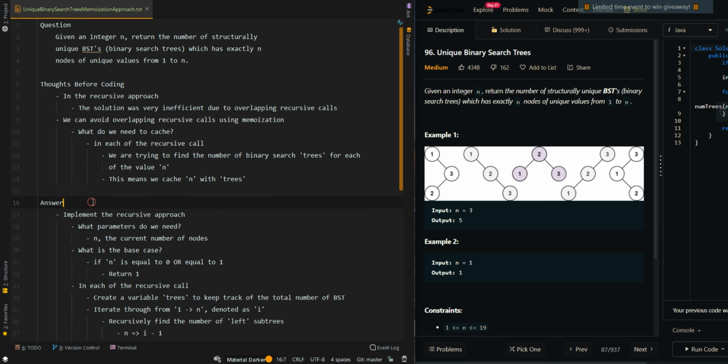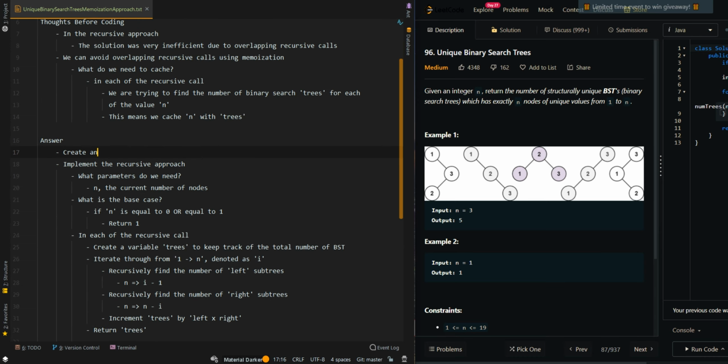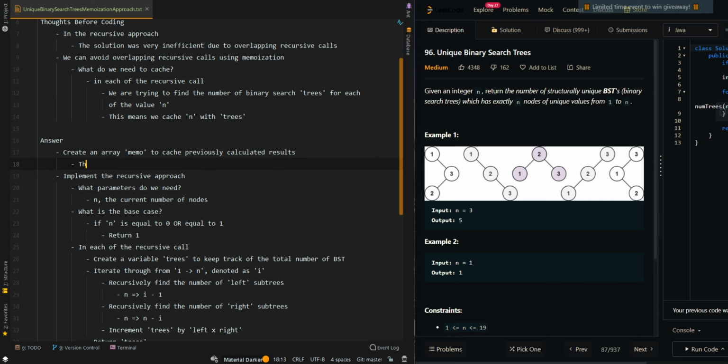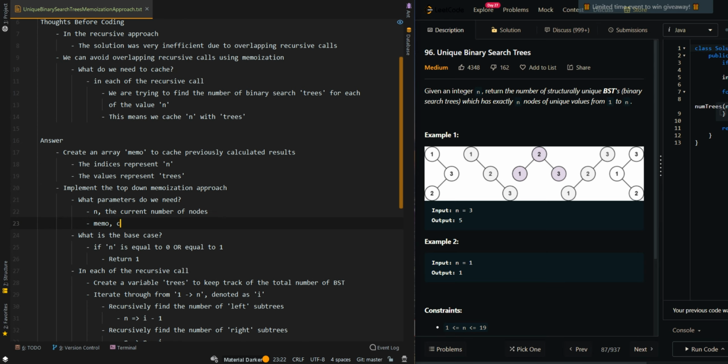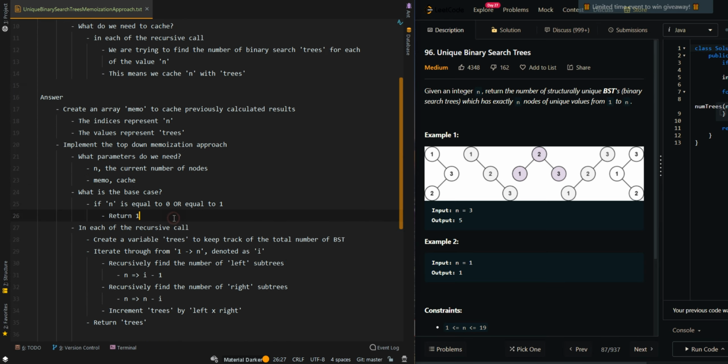Let's go over the pseudocode. So we're going to create an array, Memo, to cache previously calculated results. The indices represent n, and the values represent the number of trees, or binary search trees. And then we can implement the top-down memorization approach. And then we'll pass in our Memo, our cache, and then we're going to put in a new base case